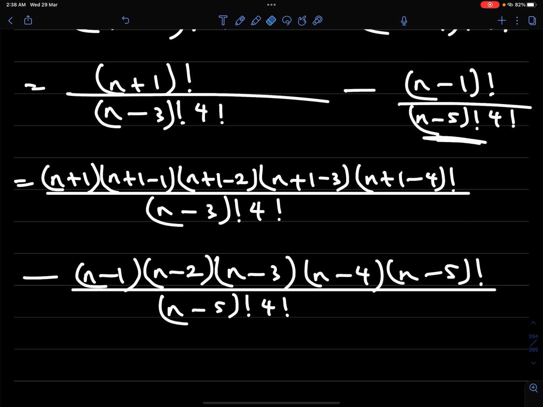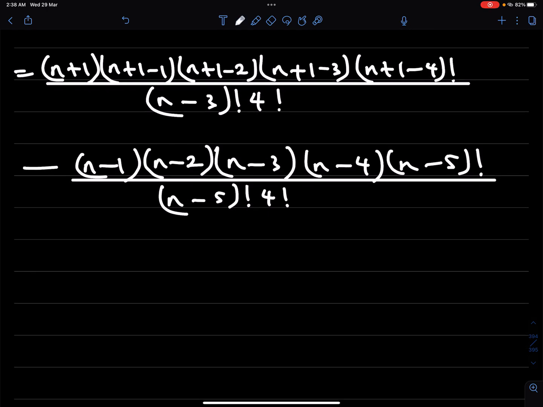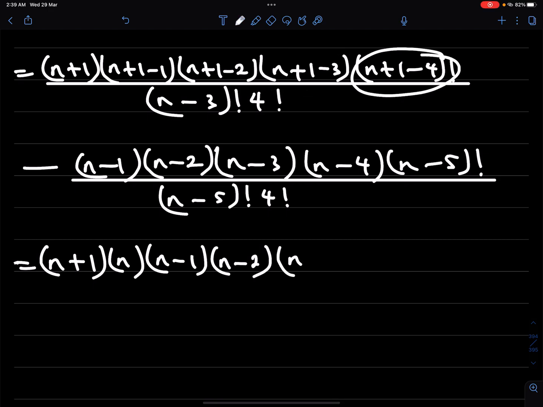Now we can make the fractions simpler. Okay, before I do that, let me write the first fraction. It is going to become n plus 1 times n plus 1 minus 1, which is the same as n, times n plus 1 minus 2, which is the same as n minus 1, times n plus 1 minus 3, which will be n minus 2, and n plus 1 minus 4 factorial will be n minus 3 factorial, all over